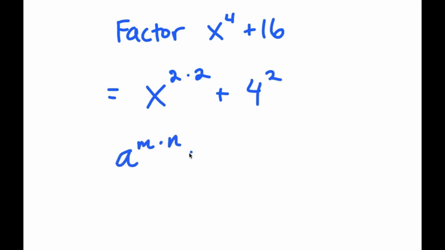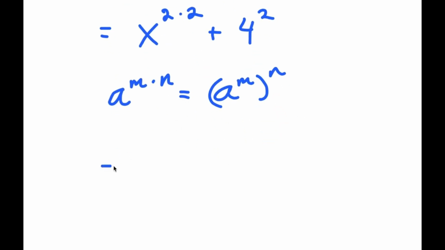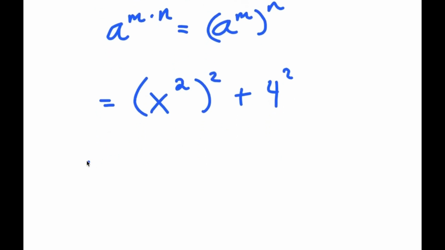Now a to the power of m times n is equal to a to the power of m, to the power of n. So x to the power of 2 times 2 turns into (x^2)^2. And 4 squared, we're just going to keep that the same. Now, if I have something in the form a squared plus b squared, this is equal to (a + b) squared